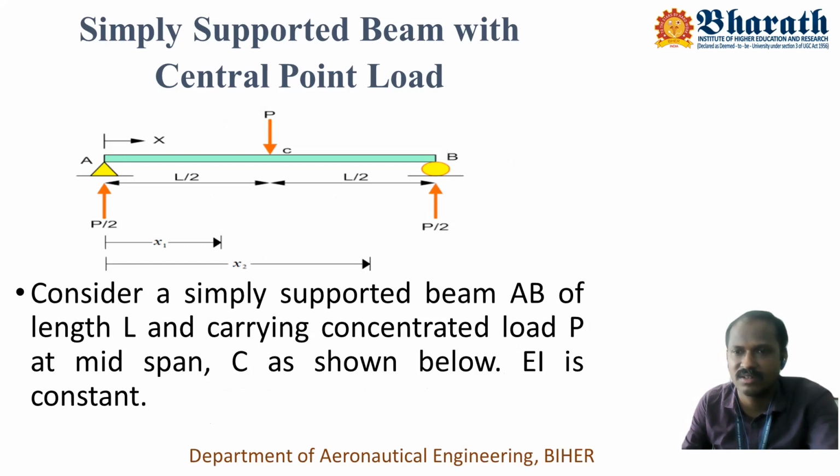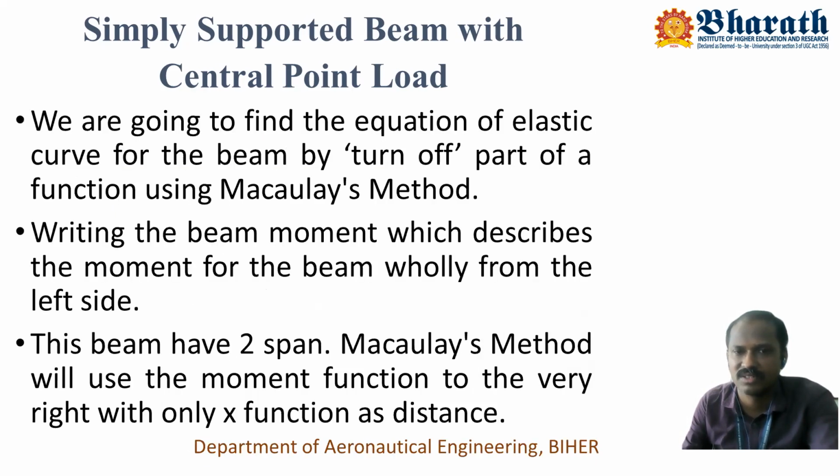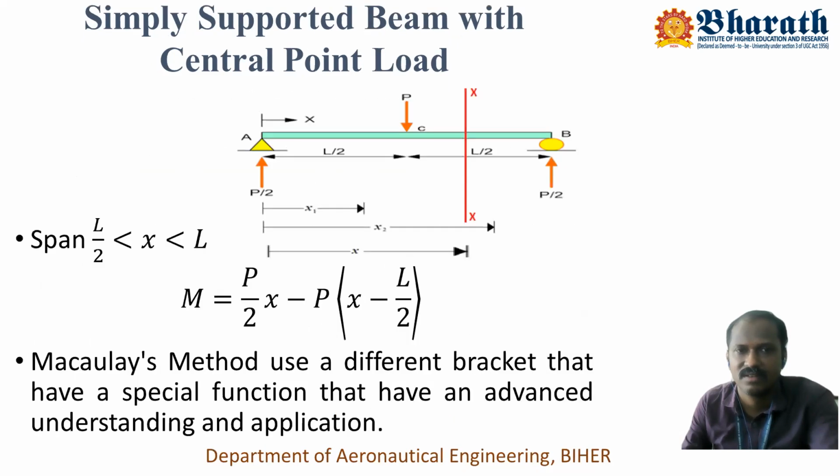So we have to start writing the equation from the leftmost end, and the bending moment should be considered only for the rightmost section, right? Okay. So as we said, the beam has two spans, and the rightmost span is nothing but your CB span. So I'm going to take a section XX at span CB, and I'm going to find out what the bending moment is for the section.